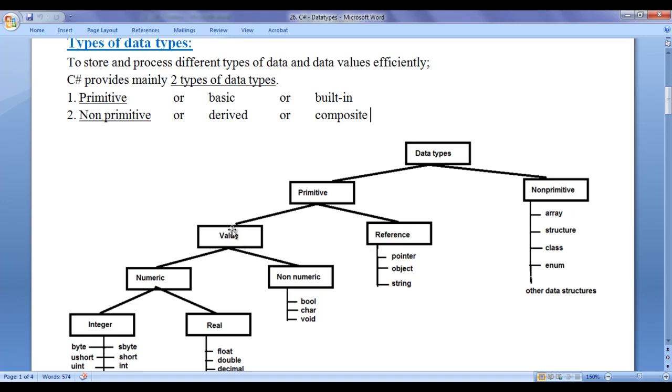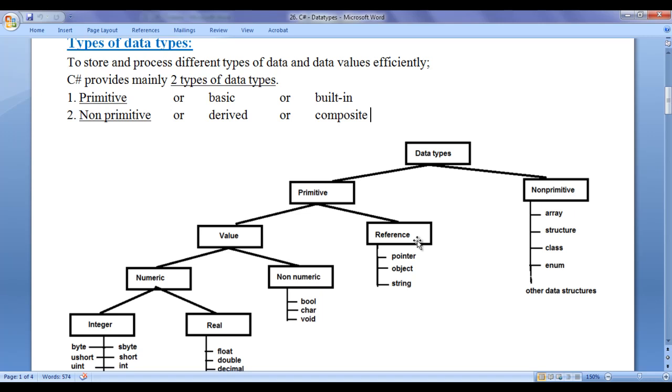Value types allow us to store and process the actual value entered by the user, whereas reference types allow us to store and process the address of another memory location and the value at that memory location. Try to understand. Value types allow us to store and process the value, guys, whereas reference types allow us to store and process the address and the value stored at that address. In the upcoming video tutorials, we are going to understand the exact difference between value types and reference types with a demo, guys. So at present you need not worry.